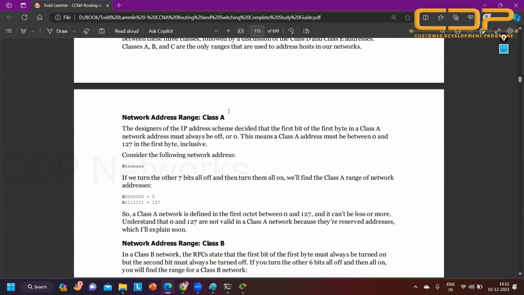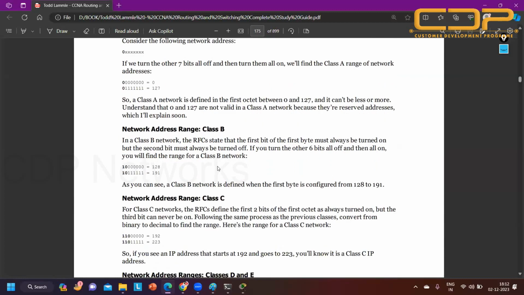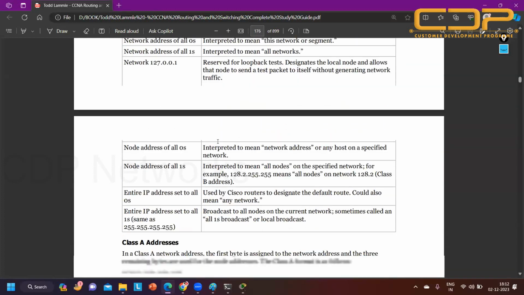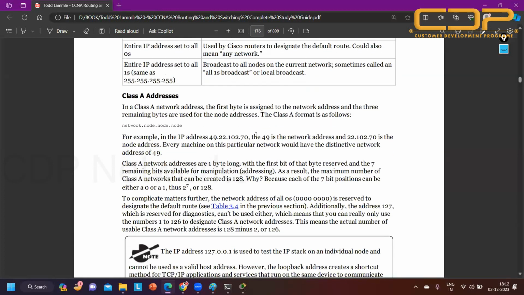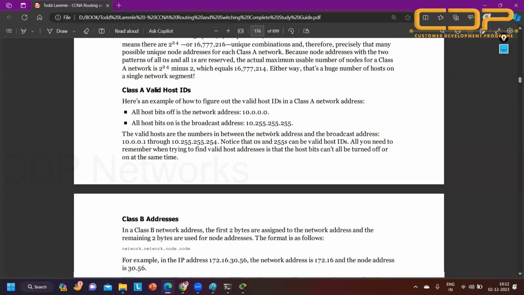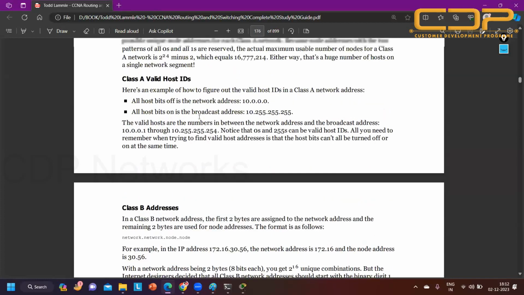Then network address class A range, you can see 0 to 127. For class B, what is the range? For each class, you can read the range also. Class A